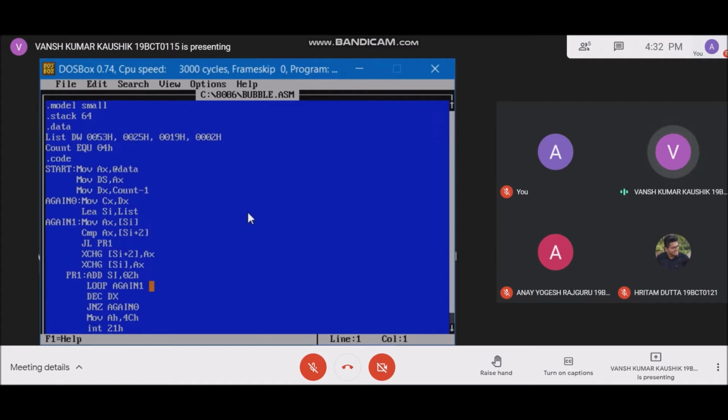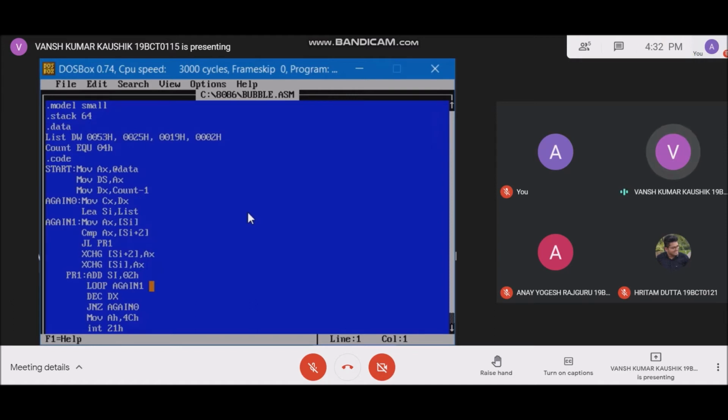Now the command loop again1 is used. Here again1 is the inner loop because it is connected to the CX register, and it will decrement the CX value by 1, and if the CX value is not equal to 0, the inner loop will continue to run.